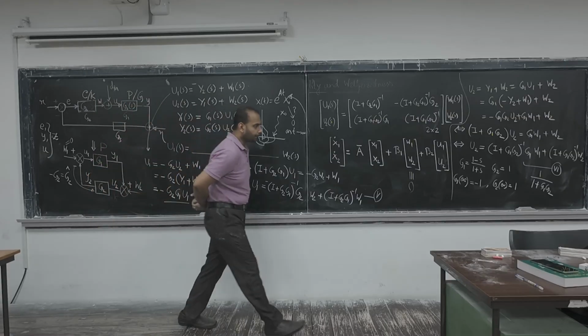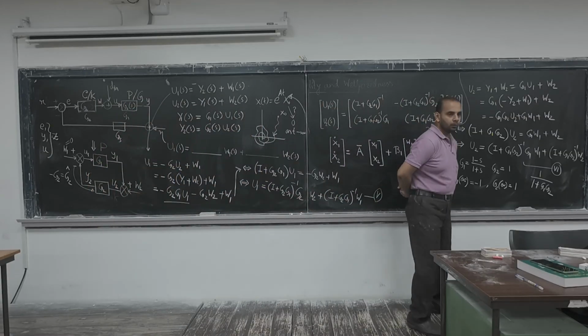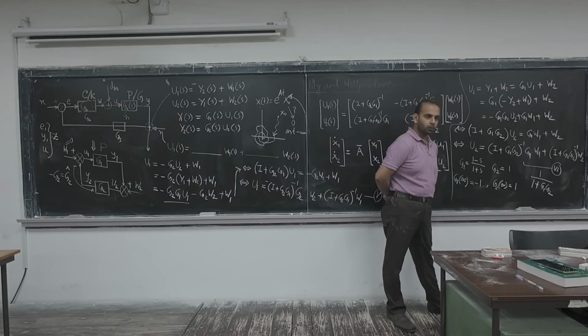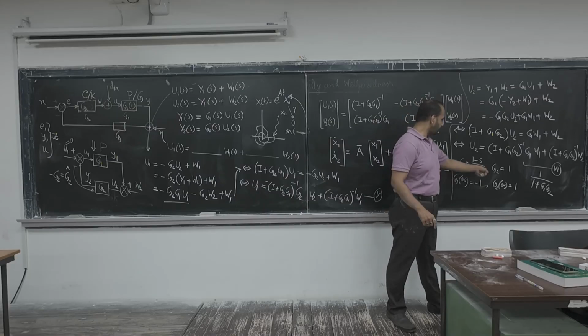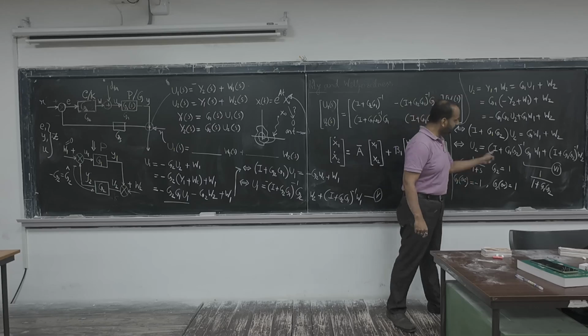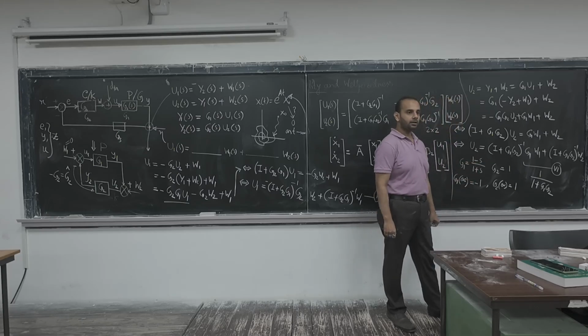So here we have found G1 of infinity and G2 of infinity separately, and then we have substituted there. But if we first find 1 by 1 plus G1 G2, and then whatever expression comes, we substitute infinity there, the same thing will come. Because when I find the expression individually and then put the value,